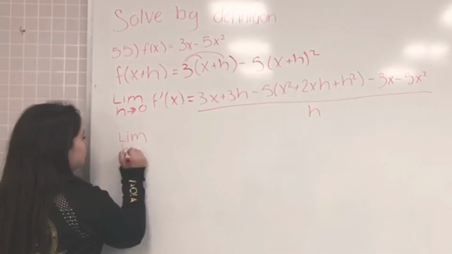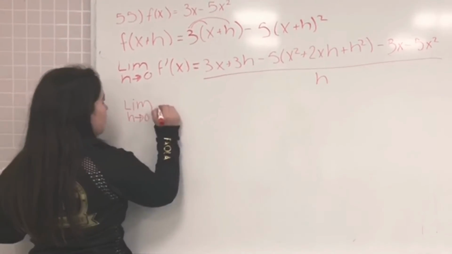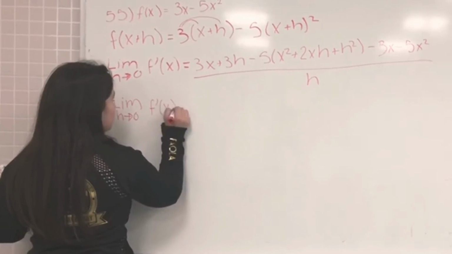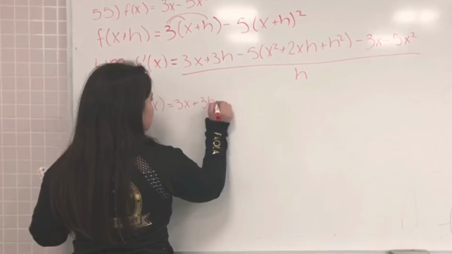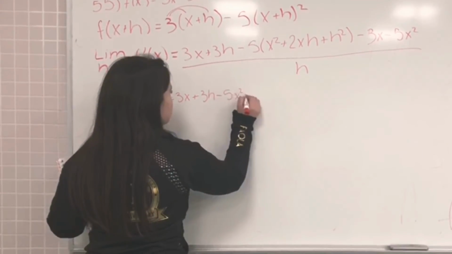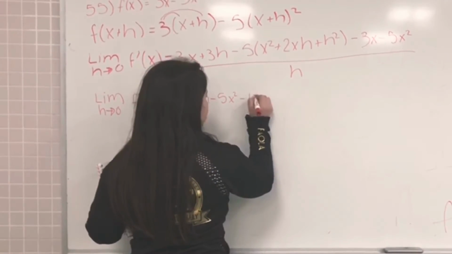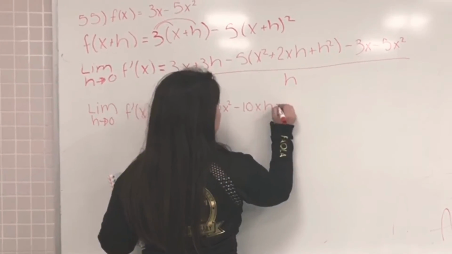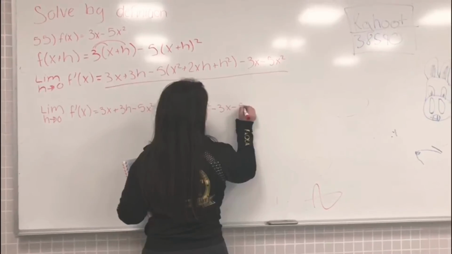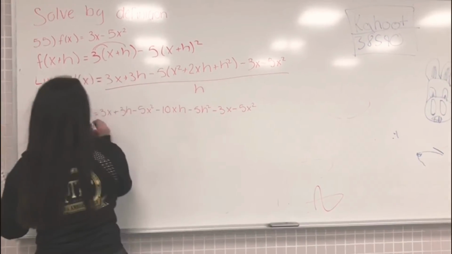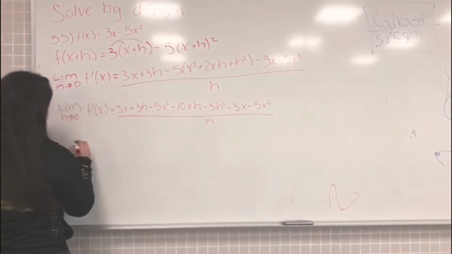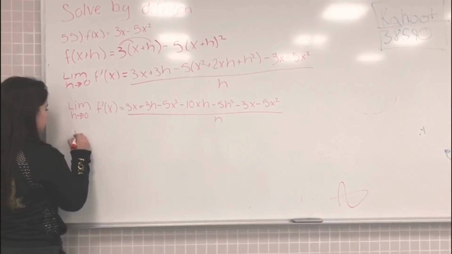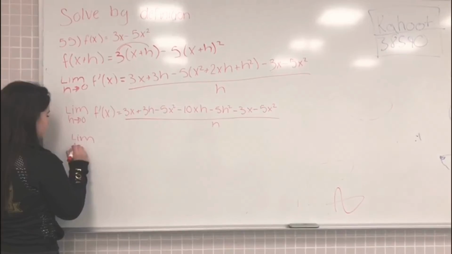Limit as h tends to 0 of f prime of x would be 3x plus 3h minus 5x squared minus 10xh minus 5h squared, all divided by h. Now we're going to start canceling some terms of